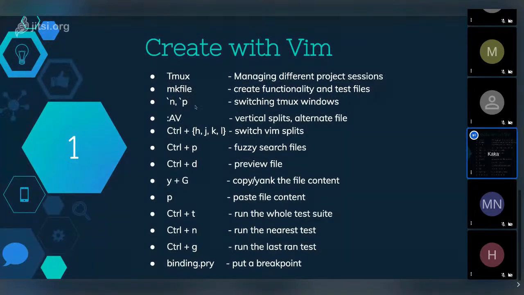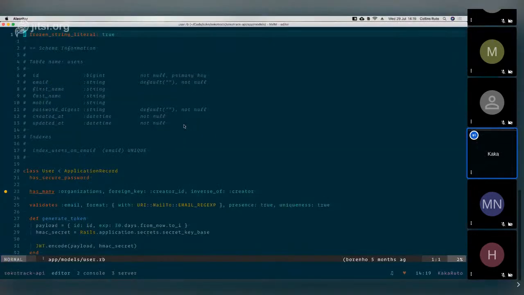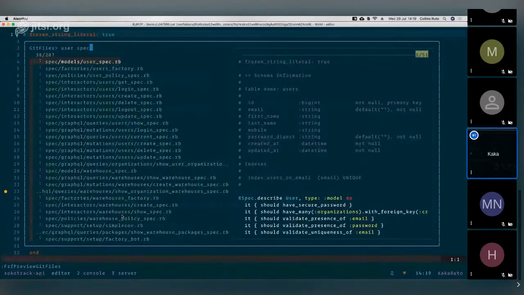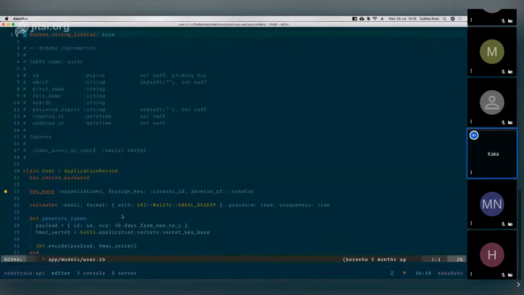All right, and then let's check how to do vertical splits in Vim of alternate files. So I am on the app models user.rb file. To check the test of this particular file, what do I need to do? I can search user spec. That's a lot of work. I don't want to do that. Instead of trying to guess what's the test of this particular file, which requires you to know the name of the test and then search for it,